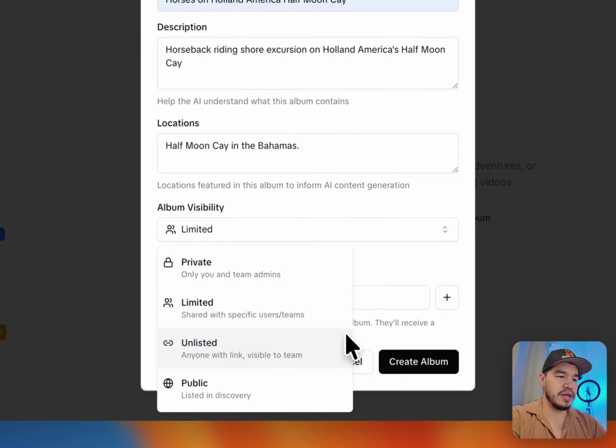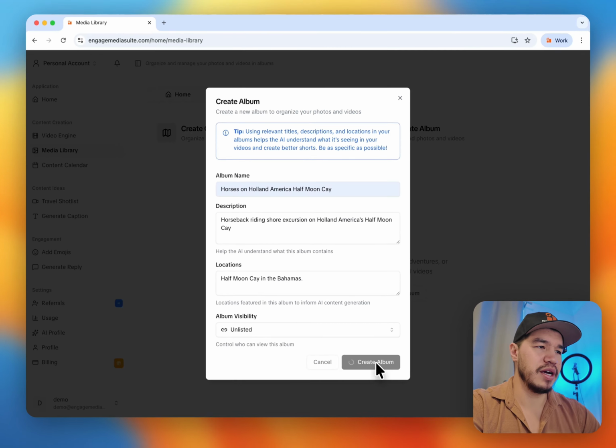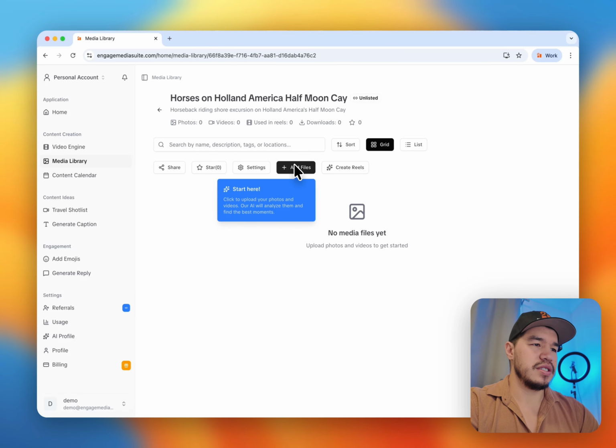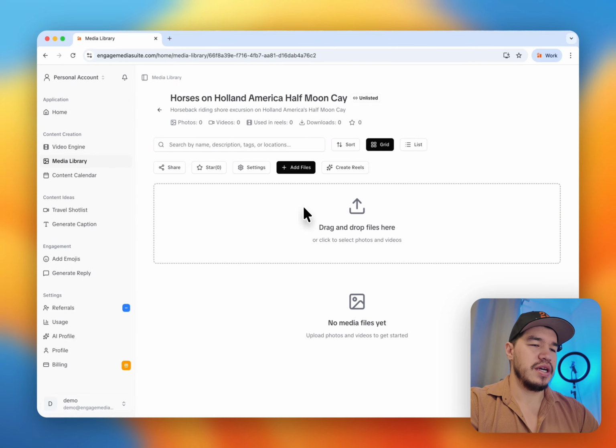So we're going to put it on unlisted, and I'm going to create my album. Album created. I'm going to click into it. So to add content, you just say add files, and here you can drag and drop, or you can click into this to add the files you want to add to this album. I'm going to click here,